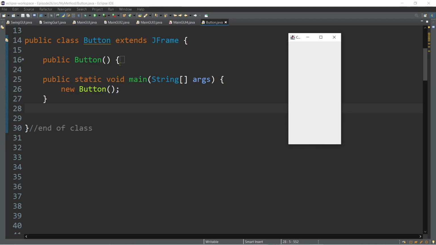And if you haven't heard yet about constructors, I suggest that you watch our previous episode, because we've already started the introduction a couple of episodes ago. Okay, so in here, I just used the JFrame as the superclass of our subclass button,